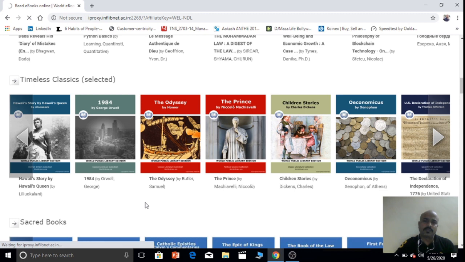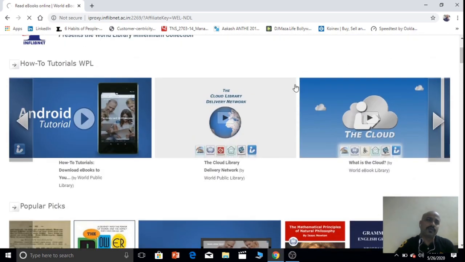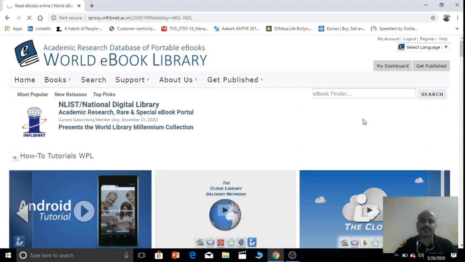It is taking some time, but anyway you can search by following this procedure and can explore various e-resources available in the Enlist database.